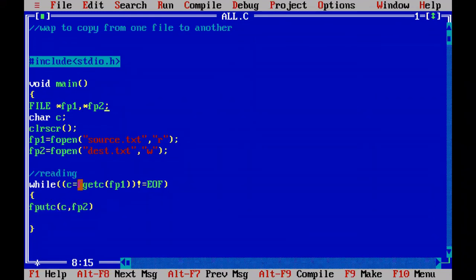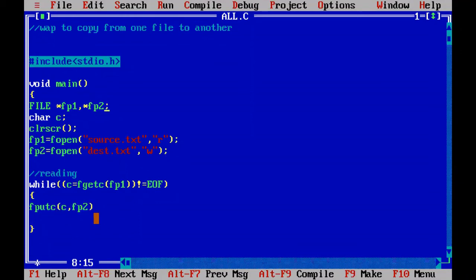Every time read one character from the first file, put that same character into the second file. Read the second character from the first file, put it into the second file. Read the third character, put it into the second file, until all the characters are completed from the first file, that is, till you reach the end of file. So this code will read from the first file and copy into the second file.